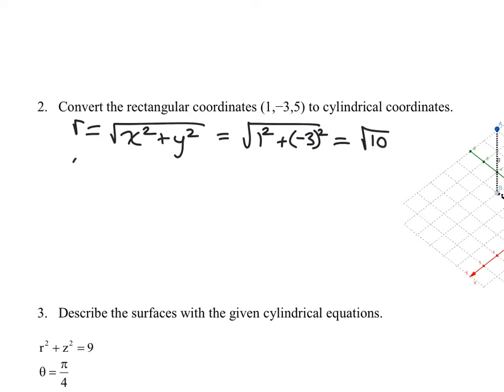Now the theta, you have lots of possibilities here, but the easiest one to work with is the inverse tangent. So inverse tangent of y over x. And again, coordinates are x, y, z. It's still the same x and y from the first unit. So inverse tangent